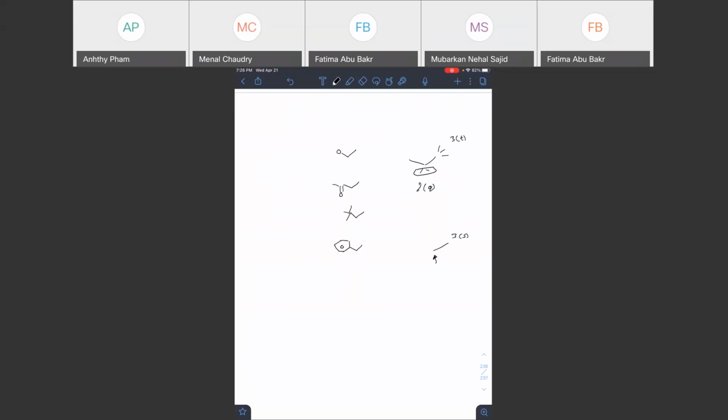Or if really none of those other options work, then you might want to try this out. Okay. So I think that's it for all the information I have on NMR. Let's move on to our